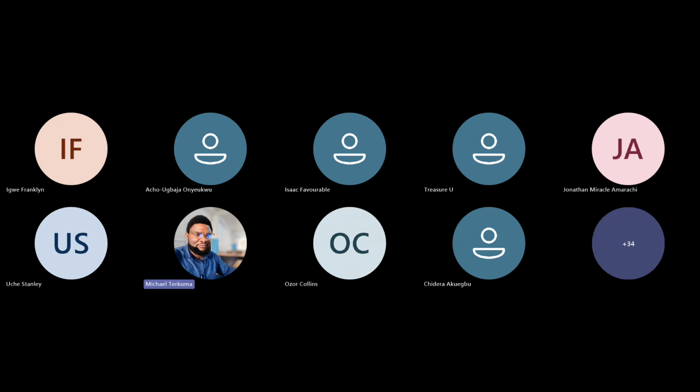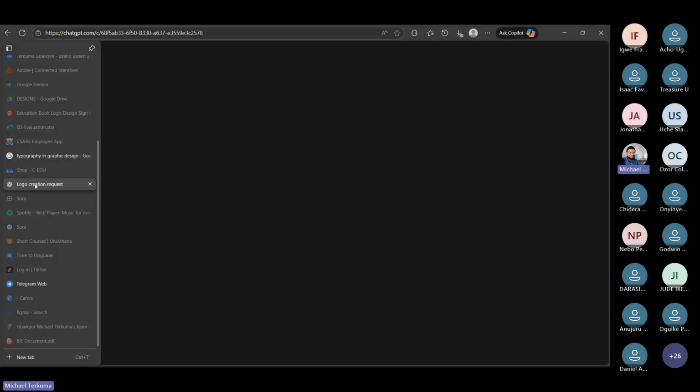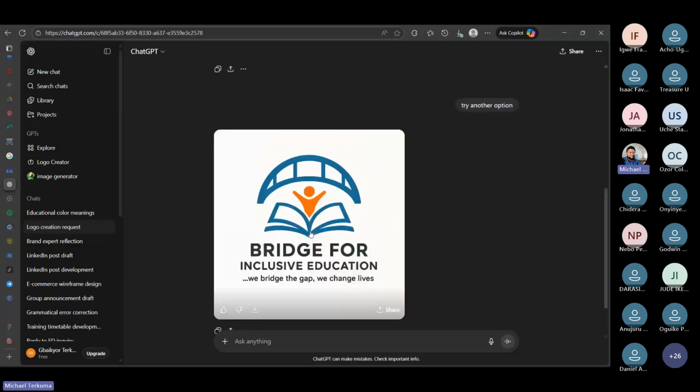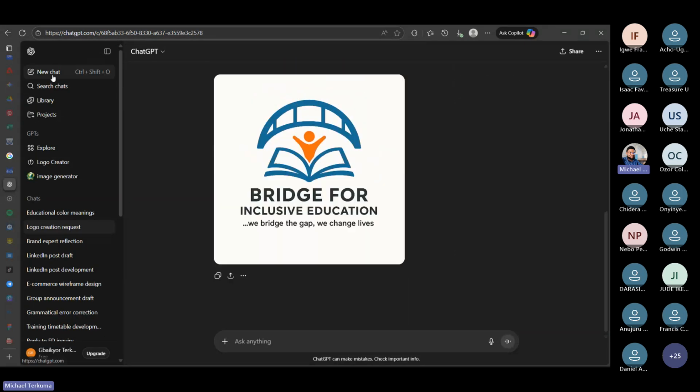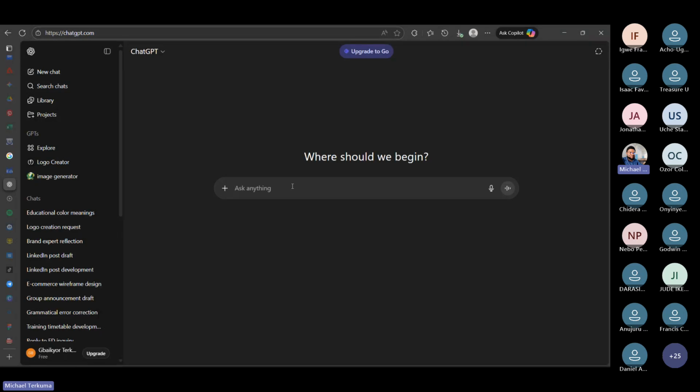If I want to get a color, for instance, okay, look at this logo I was creating, right? These are samples I got from AI, but I still went and created them. For instance, I have a particular color, let me say gold, right? And I want to get a complementing color that will match my design. I can actually match that in CorelDRAW myself, but I want to have two colors. I'll come here and ask what color matches perfectly